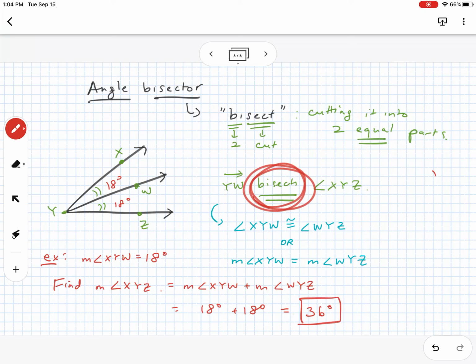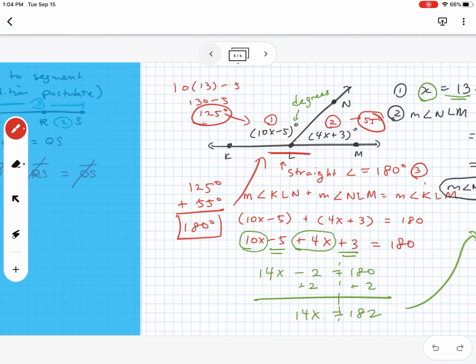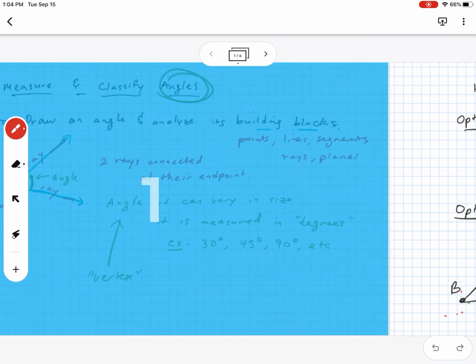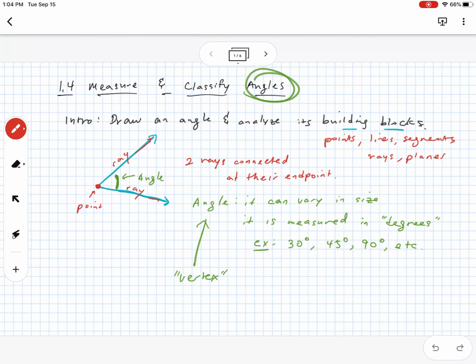And so the angle bisector is kind of like the midpoint that we just learned for segments, right? It's very similar to that, okay? All right, I think that should be enough information for 1.4. So good luck. So let me just flip through these pages one last time so we're all on the same page. Okay, there we go. 1.4, measure